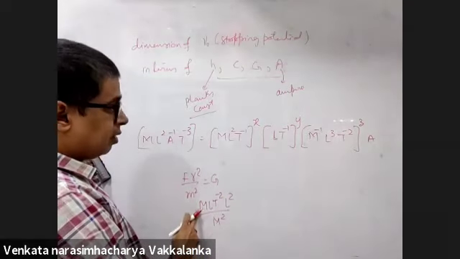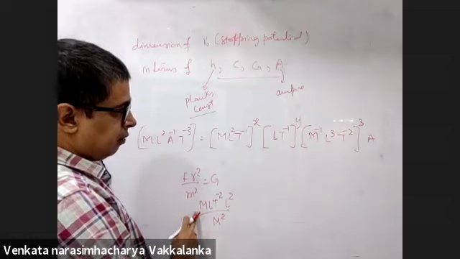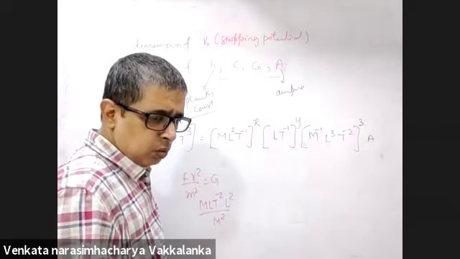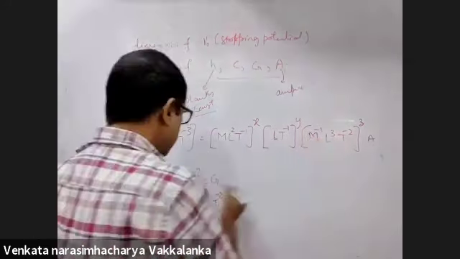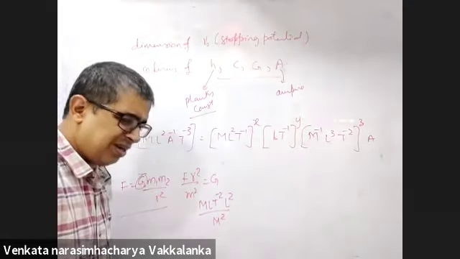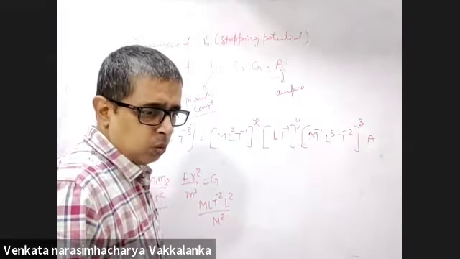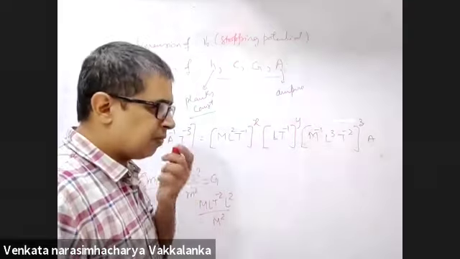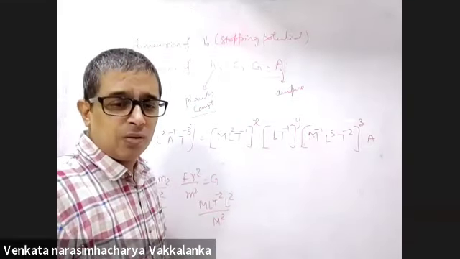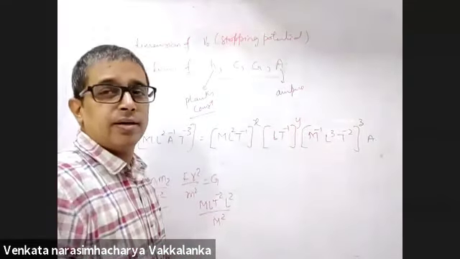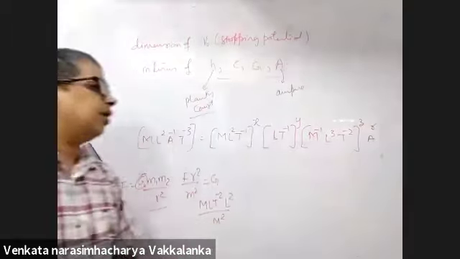So capital G I wrote as 1 upon epsilon naught का dimension. I use the formula of F is equal to G M1 M2 by R square. So I put G as 1 upon 4 pi epsilon naught. So in electrostatics we do that only, to convert between gravitation and electrostatics. But there is q square here, m square. That will depend on the quantity. Understood, sir. Now here, Z के बाद एक और alphabet बोलो ना यार. Call it as R.